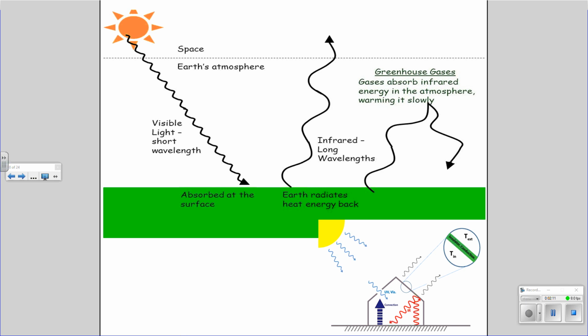We need greenhouse gases to keep the planet warm, otherwise the planet would be way too cold. This effect or this process is like a greenhouse effect. And you see in this image here, when you have a greenhouse, you have incoming solar radiation, right? It gets absorbed from within the greenhouse, and then the glass protects the energy, the heat energy, but doesn't allow it to escape the greenhouse, thus keeping the greenhouse warm,